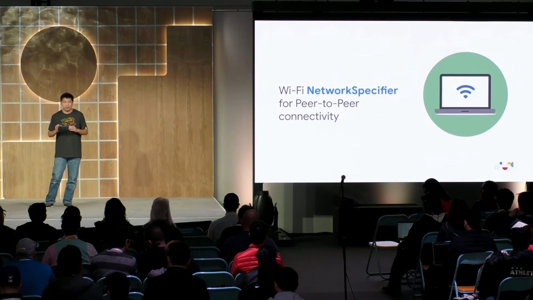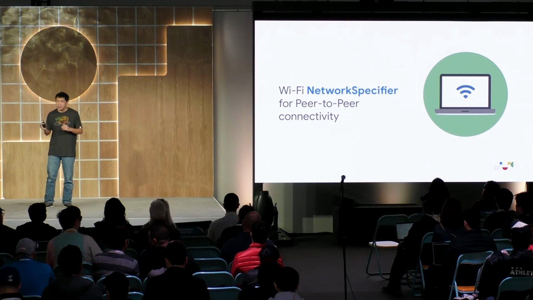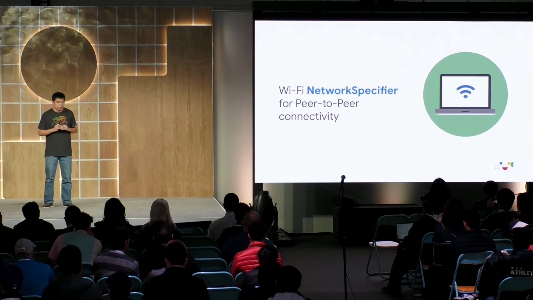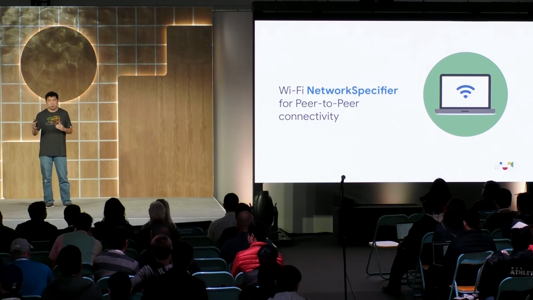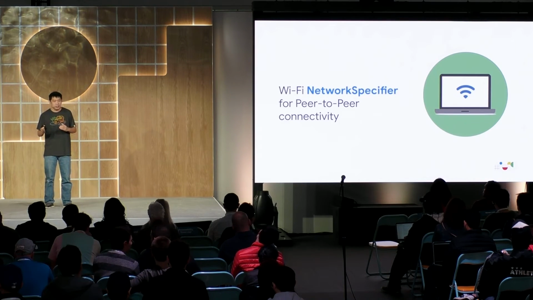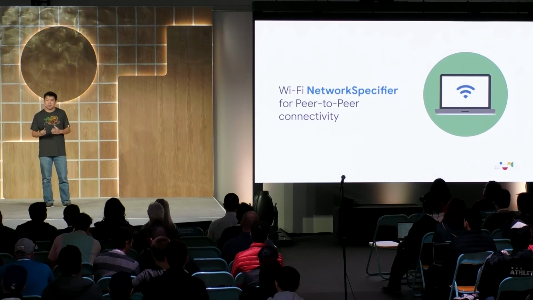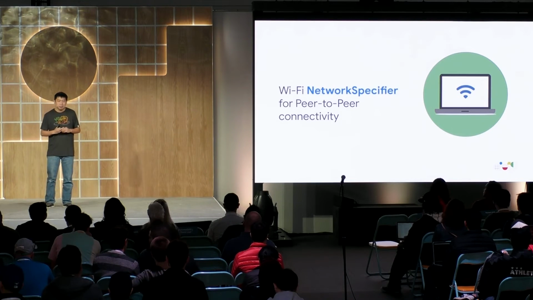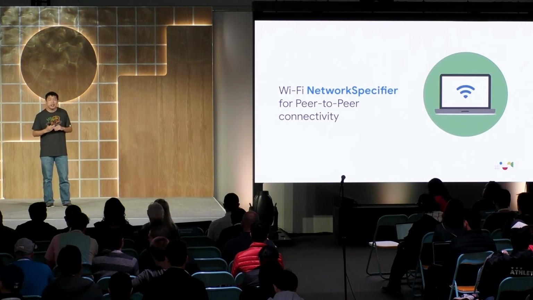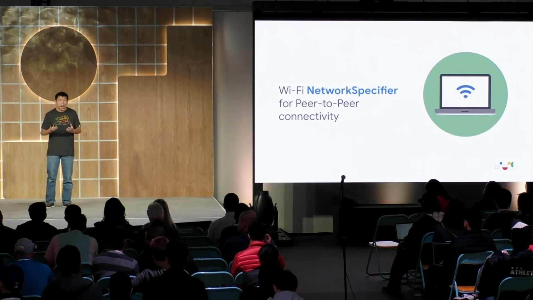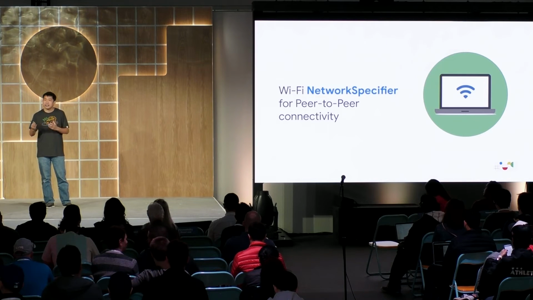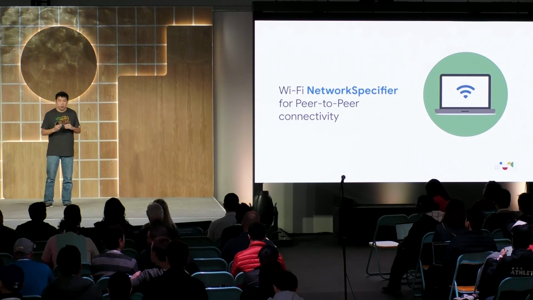All right, so that's the network suggestion API for suggesting access points for internet connectivity. Another large use case for Wi-Fi connectivity is connecting to a local Wi-Fi device for peer-to-peer Wi-Fi connectivity. For instance, users might take photos with action cameras when they go skiing and would like to transfer those photos to the mobile phones later on. Or they may have a smart thermostat they want to set up using the app on their phone. For use cases like this, we introduced a new Wi-Fi network specifier API in Q.